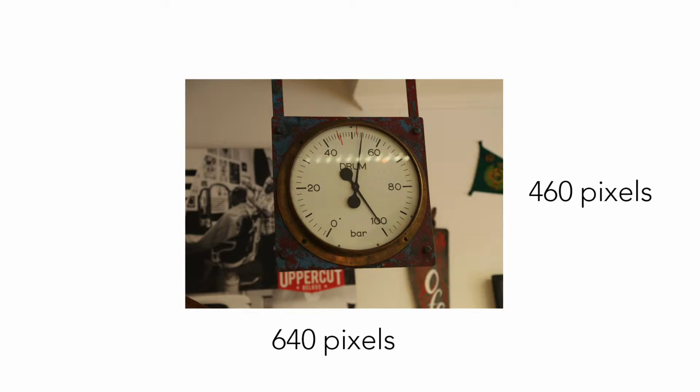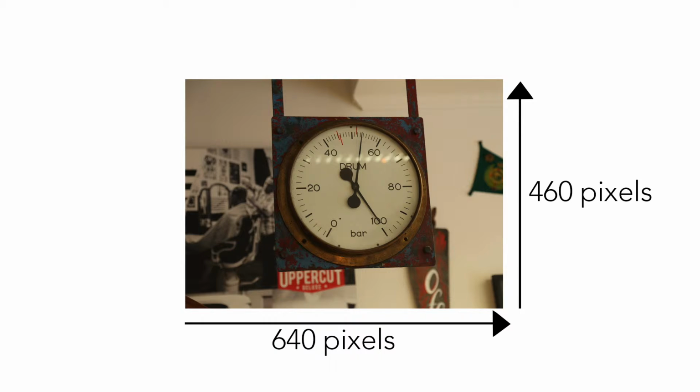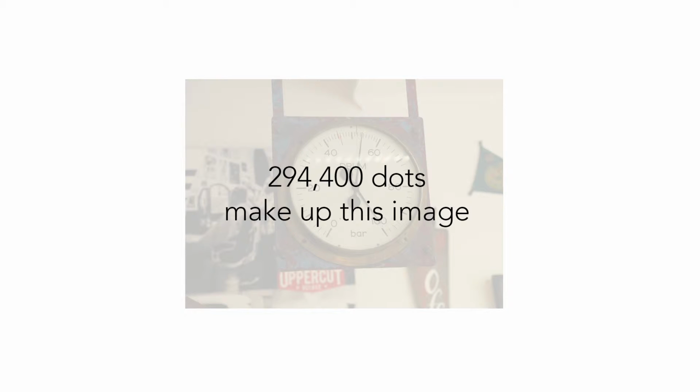Let me give you an example. If your image is 640 by 460, it means that your image has 640 dots on the long side and 460 dots on the short side. So, if we multiply the two numbers together, we'll get the total number of dots on your image. In this case, 294,400 dots on your image sounds like a lot, but keep in mind that the best prints are produced when